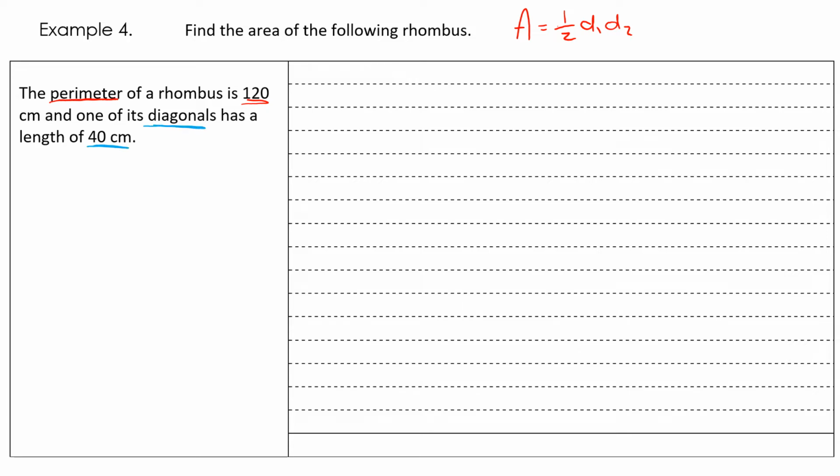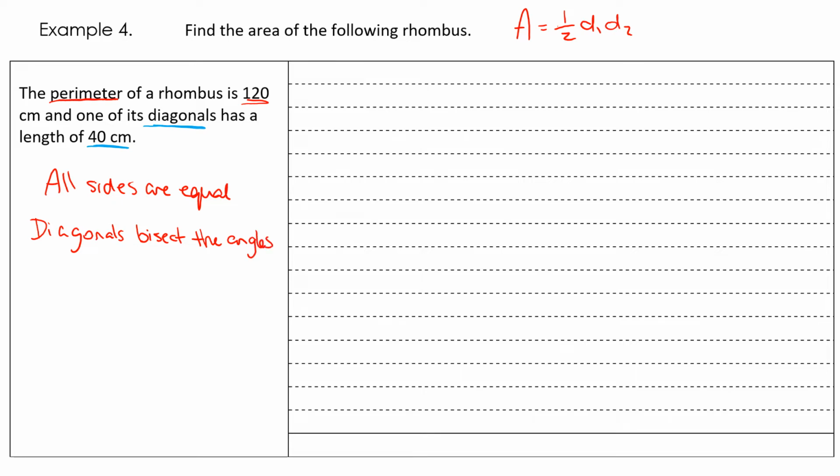Now we also need to know a few other fun facts about rhombuses. A rhombus is like a square that's been pushed over. All sides are equal. We also know that the diagonals bisect the angles